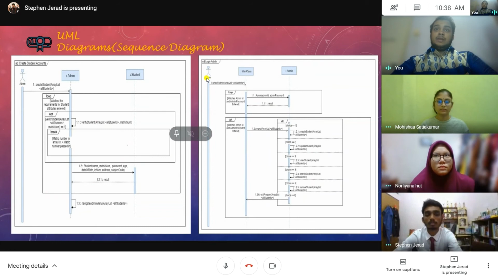So the admin actor will interact with the main class by calling the check admin method, which receives all students as a parameter. The first is the looping fragment operator, which will loop until the admin ID and password entered match.